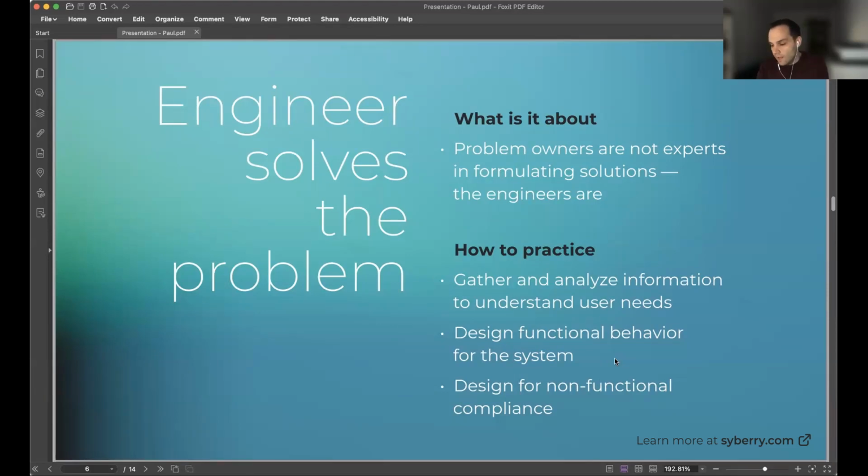that's a rare case. This means that they are living in problem space. We are living in solution space, and it's our job to convert one map, basically, to another. Which means that it doesn't make sense for an engineer to expect that the person who would be coming to them to build software to formulate what exactly needs to be built. They do not know. Even if they think they know, it might be wrong. Might be right, but likely it would be wrong. Which means that it's our responsibility as engineers to actually construct the solution, which means designing the functional behavior of